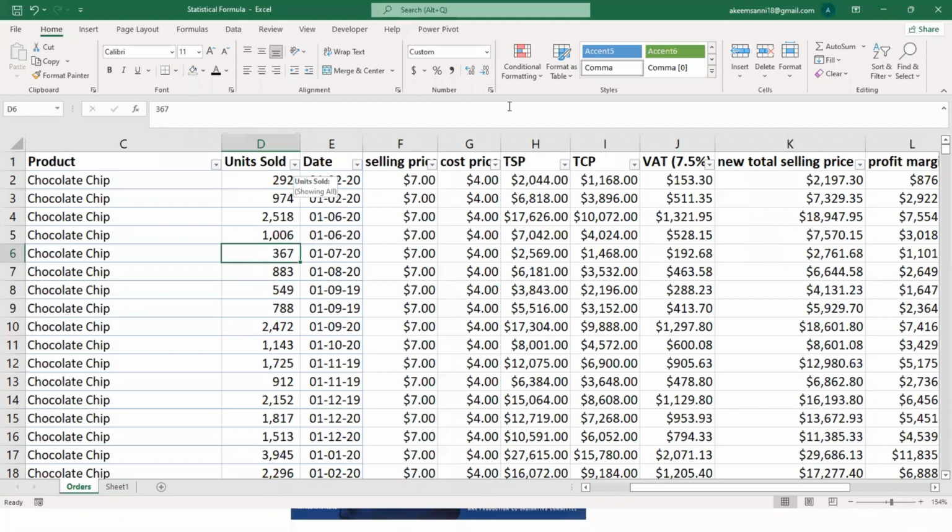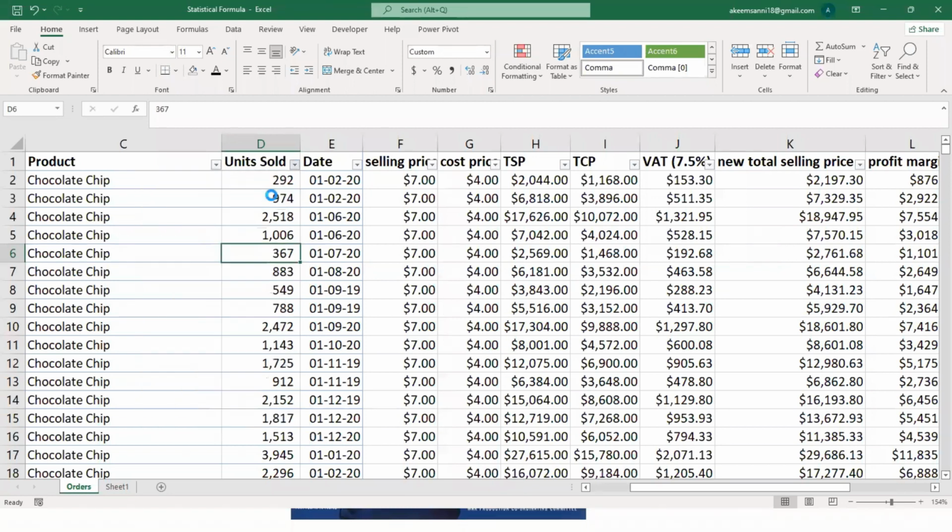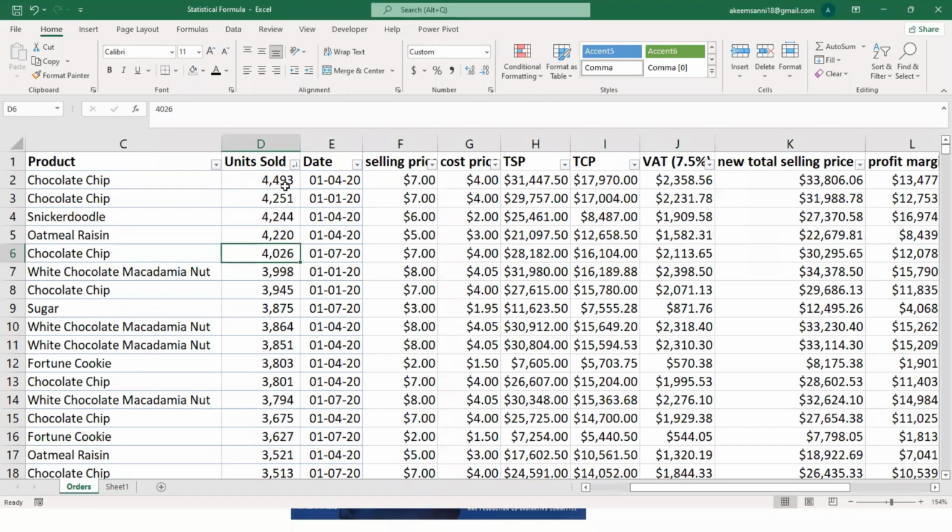So what we want to do now is to sort from the largest to the smallest. We want to see the person that ordered the highest quantity. Jot down your question, don't write it in the chat, it's going to distract me. Write down your question in the jotter. By the time we get to the question and answer section, we are going to round up the practical section very soon, and you can ask all your questions.